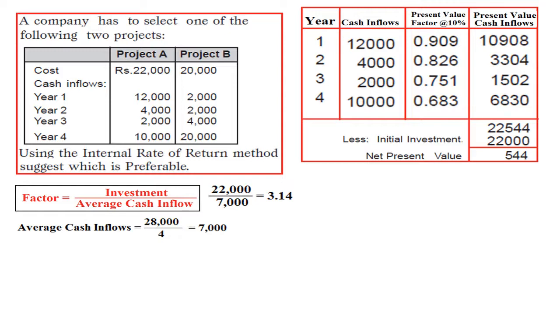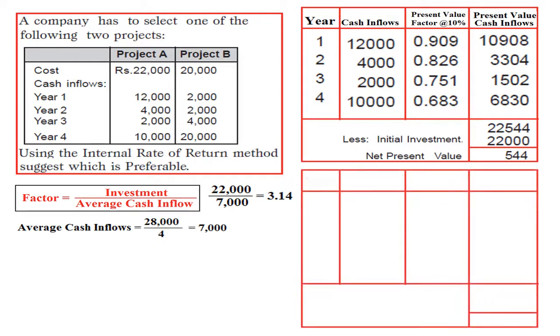Now you need to just listen to me carefully. At this 10% you got positive NPV and one more, a negative NPV, you require. Then how to calculate negative NPV? At 10% you are getting positive, so just increase the percentage to get the negative NPV. In the sense you take 10, 12, 13, 14, 15, and so on. Any increased percentage you take, right? But suppose, presume that if you are getting a negative NPV at 10% itself, then how to get positive NPV? Decrease the percentage. Clear?